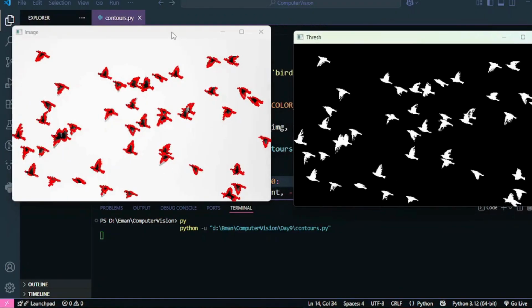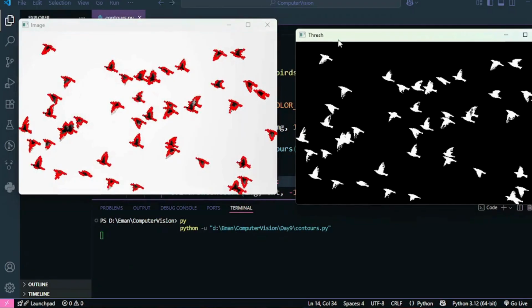So this was the original image, and this is the thresh image. Now you have to keep this in mind. The contours were calculated on this thresholded binary image, but I visualized the contours on my original image. Okay, so there is a difference. Now if you can see, it has clearly made a boundary around your objects.